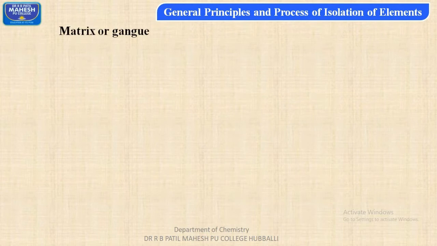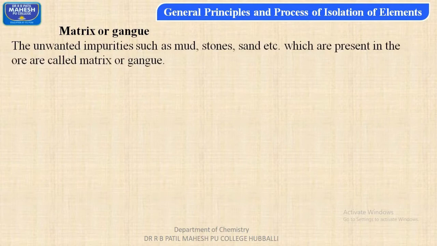Let us understand now one more term which we would be using in isolation of elements, that is matrix or gangue particles. The unwanted impurities such as mud, stone, sand, etc., which are present in the ore particles are called as matrix or gangue particles. For example, students,